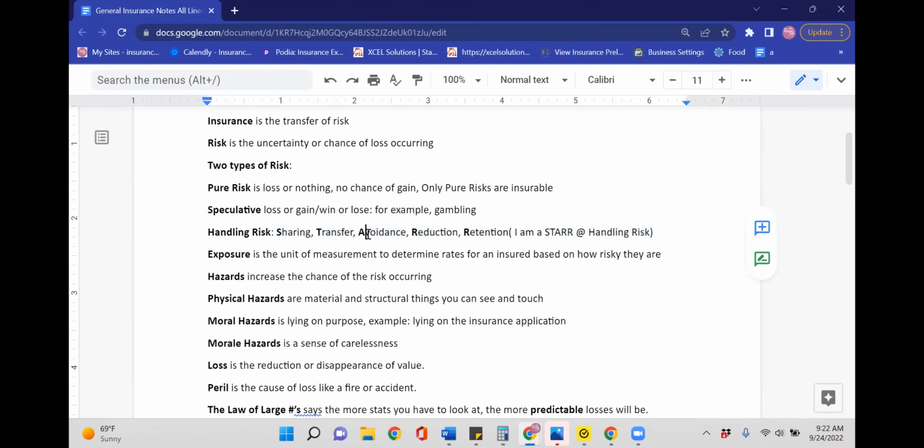Then we have avoidance. Avoidance is a way of handling risk by trying to avoid the risk. I can't crash my car if I don't own a car. My house can't burn down if I don't own a house. I can't get sick if I never leave my house. You're trying to avoid it ever happening. But that is so hard to avoid everything that might happen, because then you're not even living. So they do like to say how transfer is the best way of handling risk and avoidance is the worst way of handling risk, because you can't avoid everything.